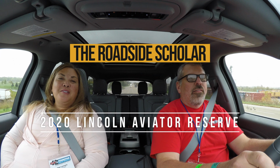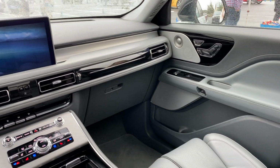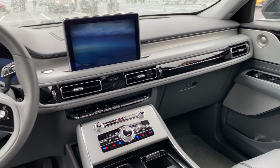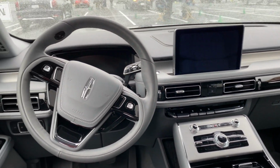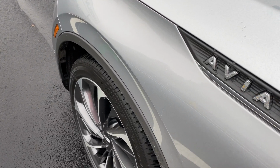We're here in the 2020 Lincoln Aviator Reserve all-wheel drive. It is a very, very reserved and beautiful interior. It is restrained elegance. It's an elegant interior. We just came off of driving the Ford Explorer ST, which shares some elements with it. It's got the same 3-liter V6 turbocharged engine, but in this setting, it is quite a bit more